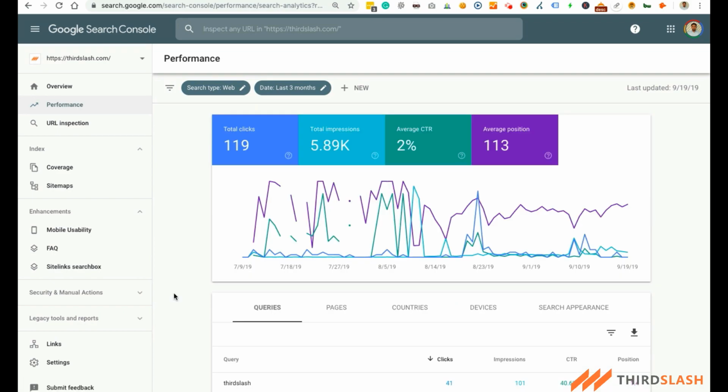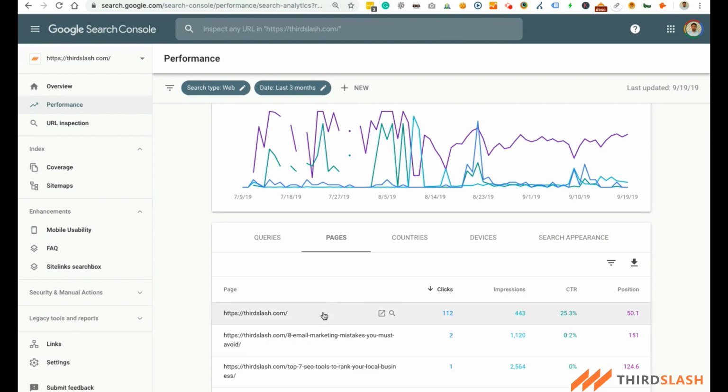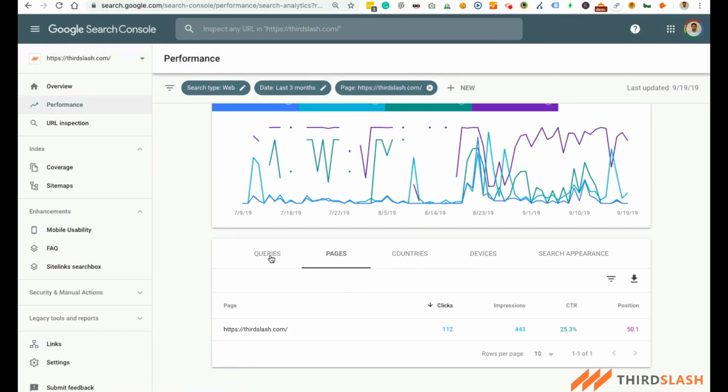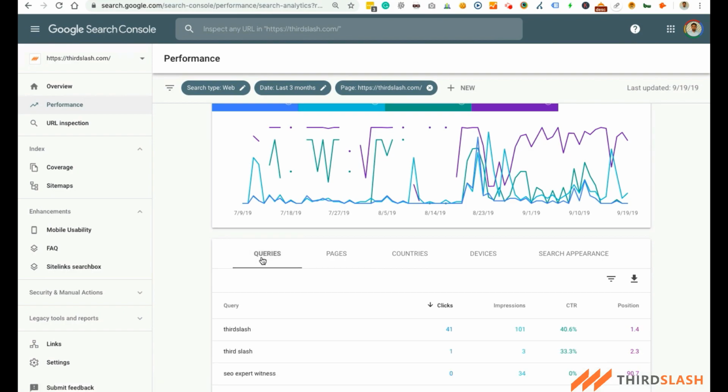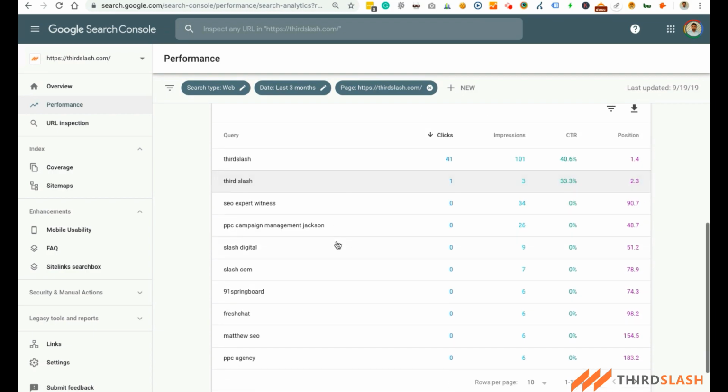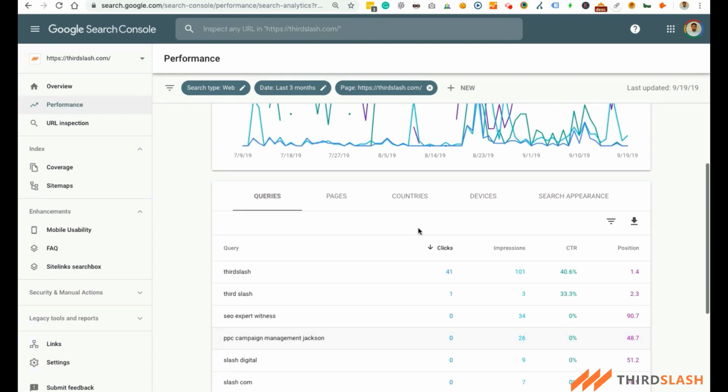As you know, one page can be ranked for multiple keywords, and if you want to find out what the ranking keywords of a page are, you have to go to the pages tab and click on the page you want to find out about. Once you click on a page, you will see the queries option. You have to click on the queries tab again to see all those keywords which that particular page is ranking for. Then you can figure it out and adjust your SEO strategy to get maximum clicks from those particular keywords.